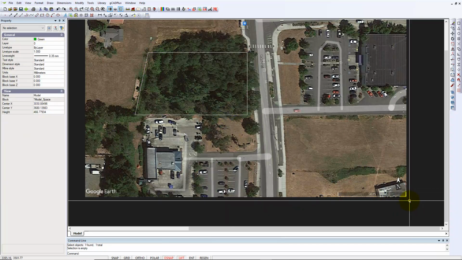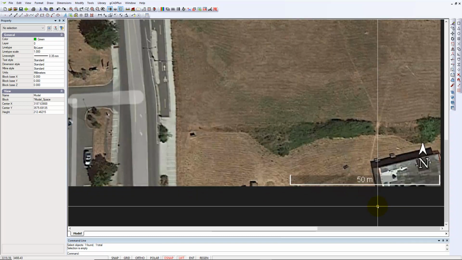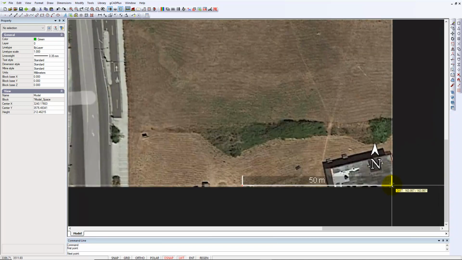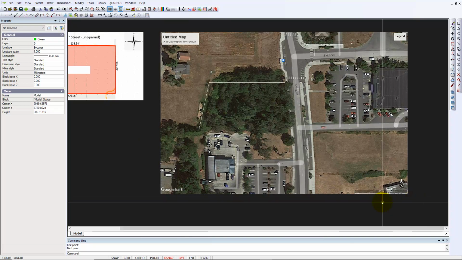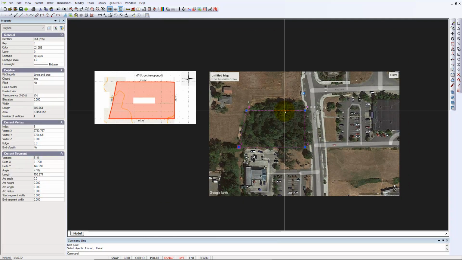My Google Earth gives me a 50 meter scale on this plan, so I've scaled it. 50 meters is 164.04, and I've scaled the image. So now if I use the distance command, we should get very close to 164.04, and there it's very, very close. So I'm happy that the Google Earth images scale correctly, and now we pick our base plan accurately done